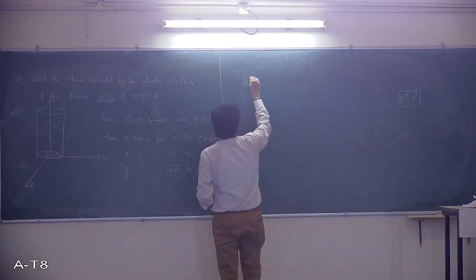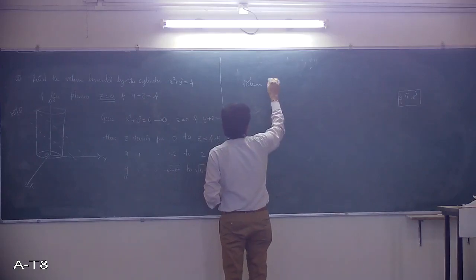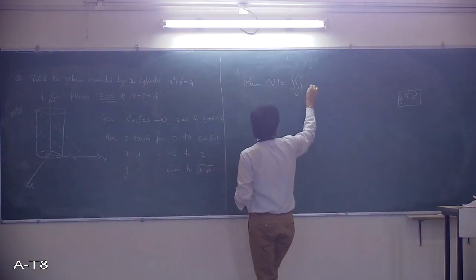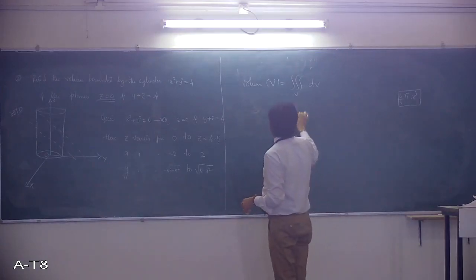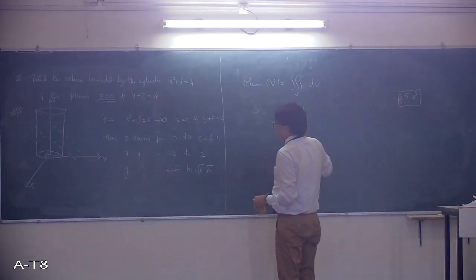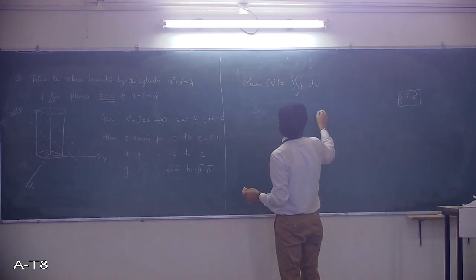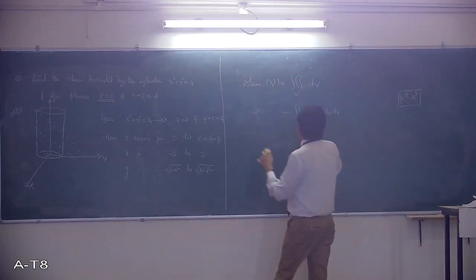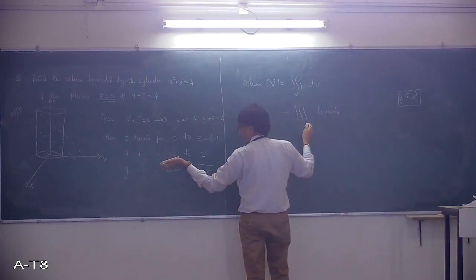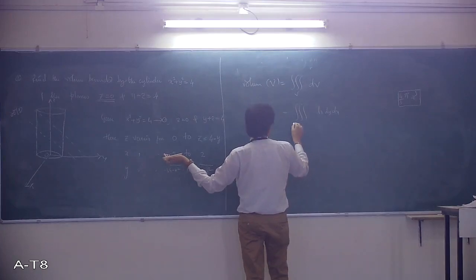So volume V is given by the triple integration over V of dV. Okay, so this is equal to, write it according to your convenience, that is dz dy dx or dx dy dz. How to take the limits of integration, we'll see that. So z varies from 0 to